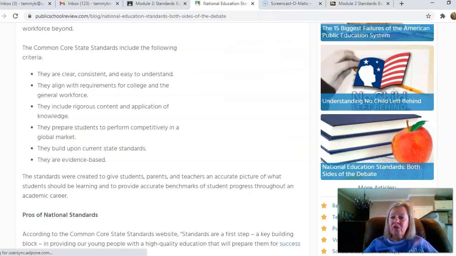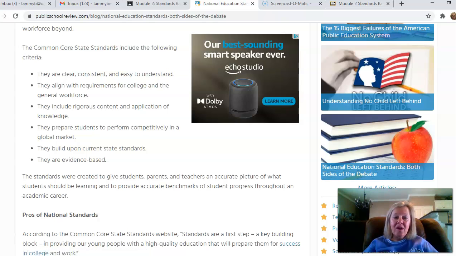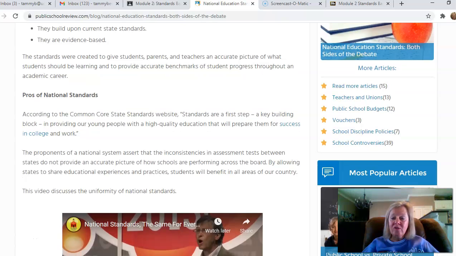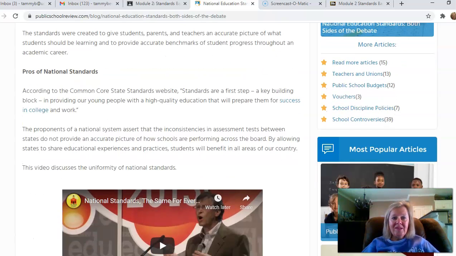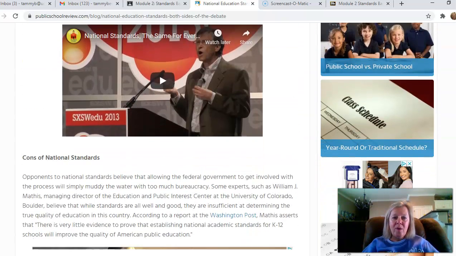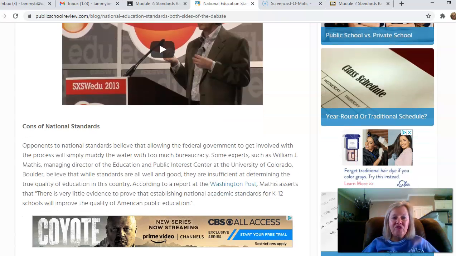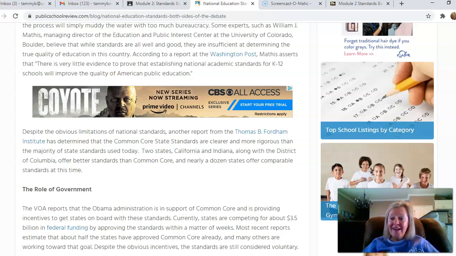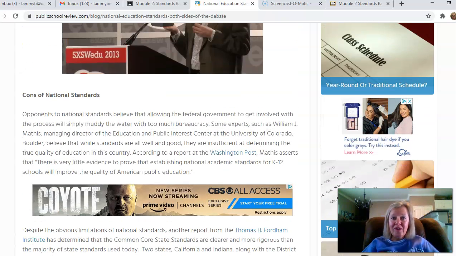So there's some really good things about the standards. Probably the biggest con of the standards is when they're used improperly. So this is going to go through and give you some really good information about the pros and cons of the standards.